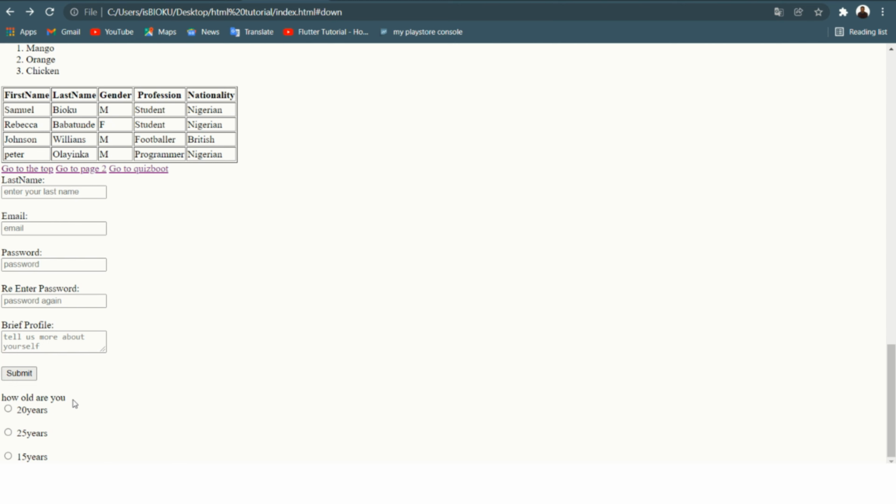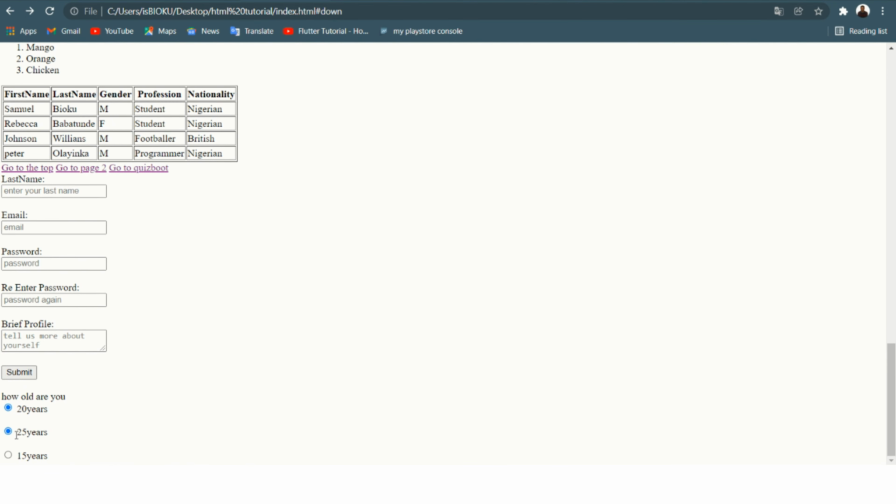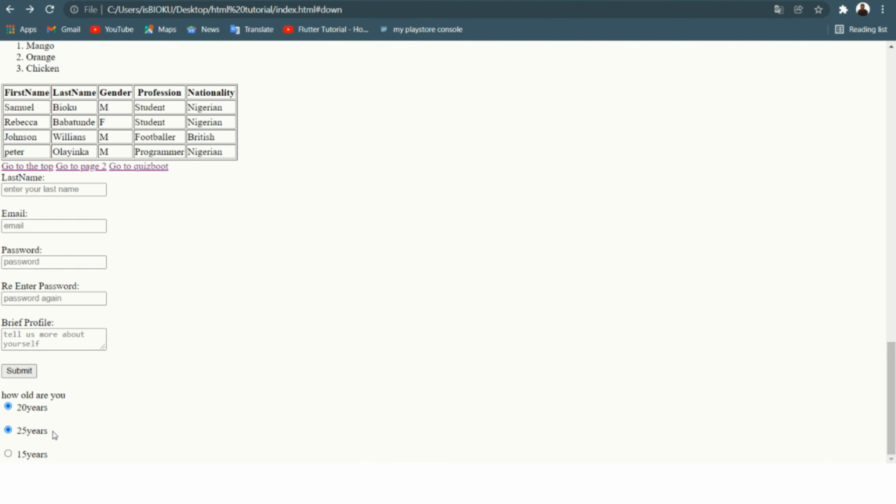Say how old are you? If you be 20, you go choose your own. If you be 25, you go choose your own age. Now I tell you say, if you get multiple options, radio button na im dem dey use to choose only one option. But because say we never bind this our radio button together, you never know whether this one dey act on im own, whether this one sef dey act on im own, and this one sef dey act on im own. So we go need to bind these three options together